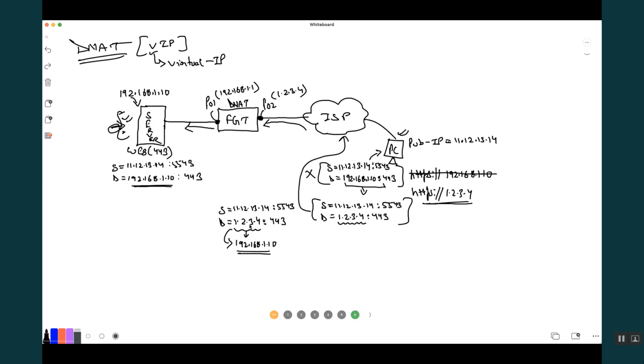For example, from the outside PC, if you have the NATing on the firewall, you can directly hit the firewall. No, via the ISP it is going to hit the firewall, right?